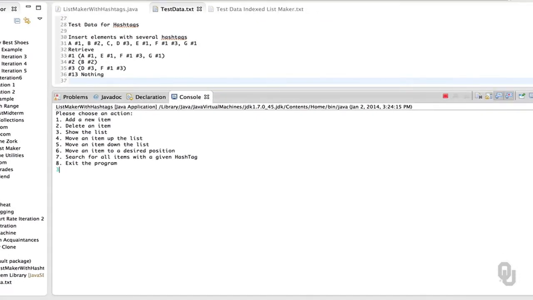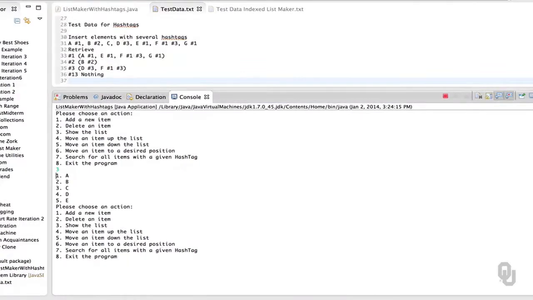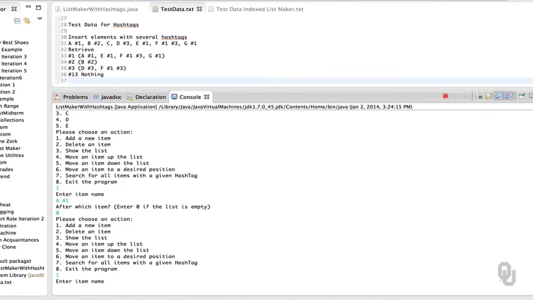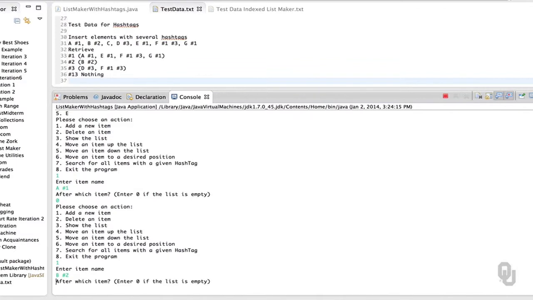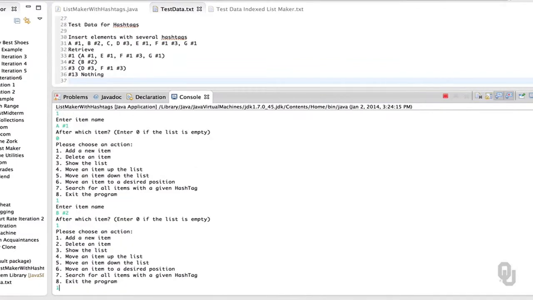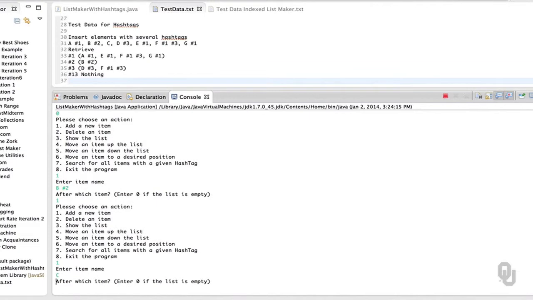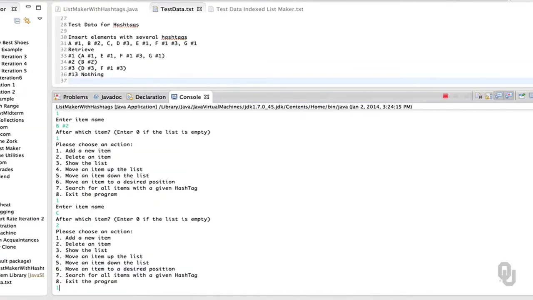Now the first thing I'm going to do is show the list, because we've got a bunch of stuff on that list that we didn't mean to have. Now those things don't really do any harm for us because we're mostly looking at the hashtags, so we could just start adding in our additional elements and that would be okay. So we can add an item. It's going to be A number 1 after item 0. Then we'll add an item and it'll be B number 2 after item 1. I'm going to add an item again, C, and that one was just plain. After item 2, add another item,